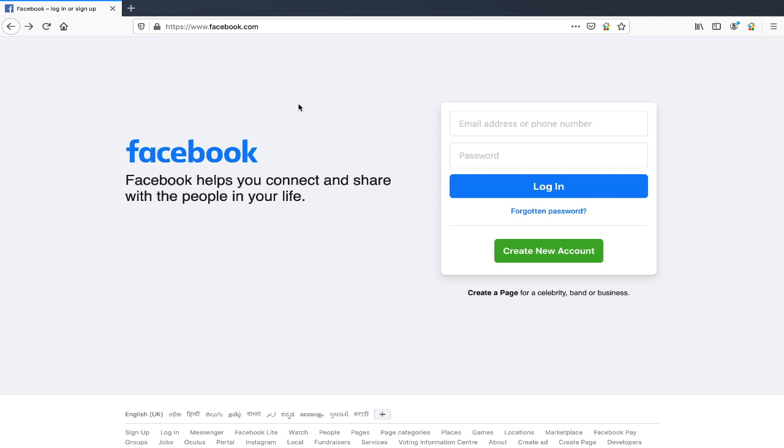Then the next test case you can write: verify the login session timeout duration, so that once logged in, a user cannot stay authenticated for a lifetime. The next test case will be verify that once the user is logged in, clicking the back button should not log out the user. Once you are logged into the account, if you click the back button, you should not be logged out. Then the next thing is verify if SQL injection attacks work on the login page.